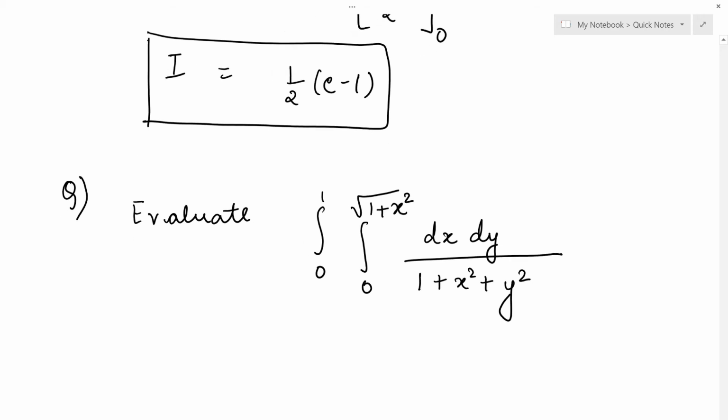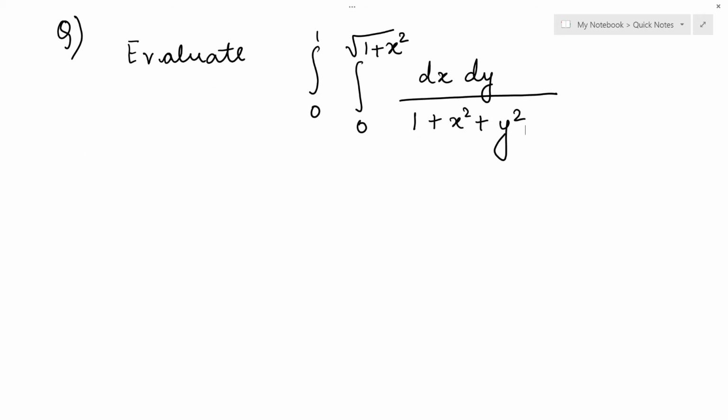You can pause the video, solve this sum and come back and check the answer. So that will be a good practice for you. Instead of just copying the sum, do it on your own. The sum is not difficult. Only the integration part, you should know the formulas properly. We have taken the revision of the formula earlier. So if some formula you don't remember, like the simple integration formulas, which are the 12 standard formulas, you can go back to that formula list and then solve the sum. That will be easier for you.